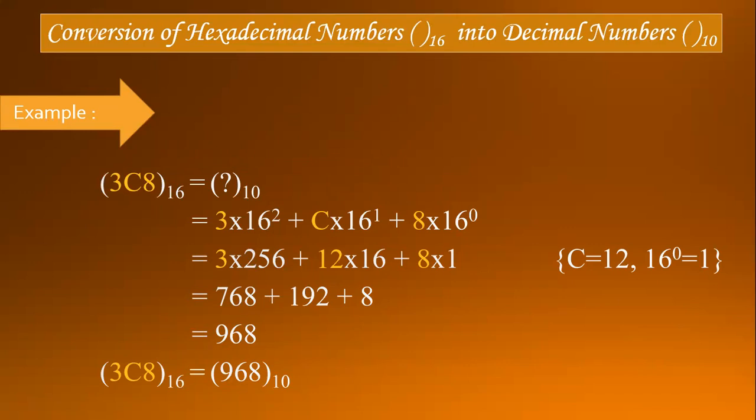In this video, we discussed that whenever we are converting a binary, octal or hexadecimal number into a decimal number, we have to go for the multiplication method. And when we have to convert a decimal number into a binary, octal or hexadecimal number, we have to go for the division method. I hope this video is very clear to you.